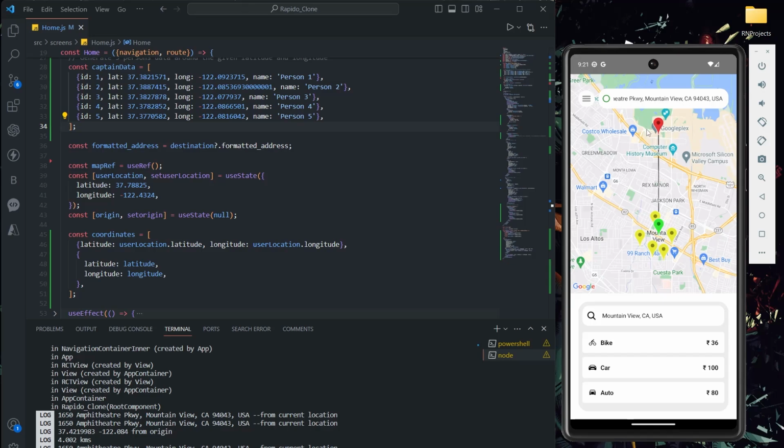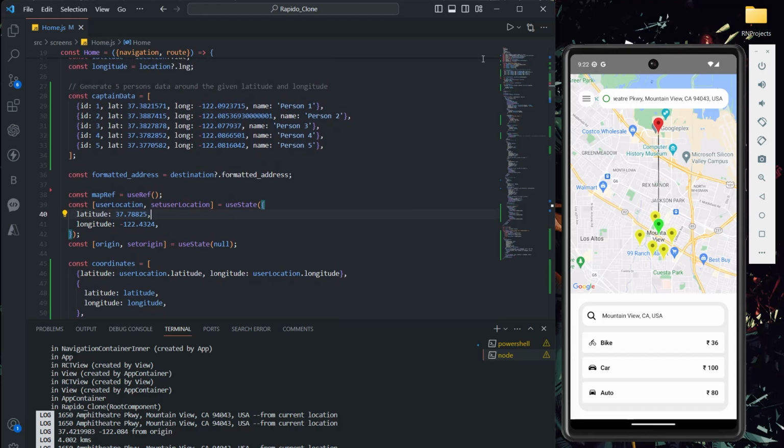Okay, all you have to do is get your current location and generate some latitude and longitude, close-range latitude and longitude, for 5 or 6 captains. That's it. I just generated them for the destination. Okay, perfect. So now my requirement is, on this click, whatever option the user selects, let's say I select bike, whoever is close to this destination, let's say